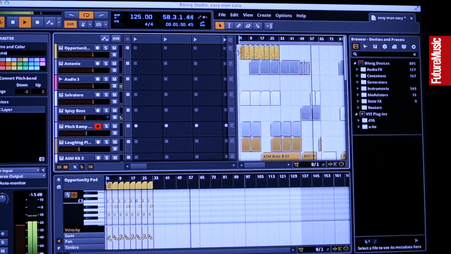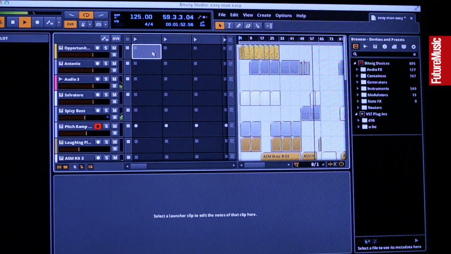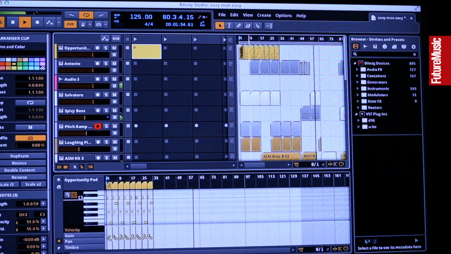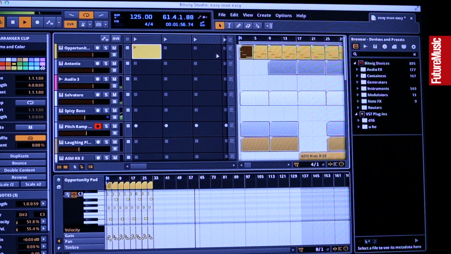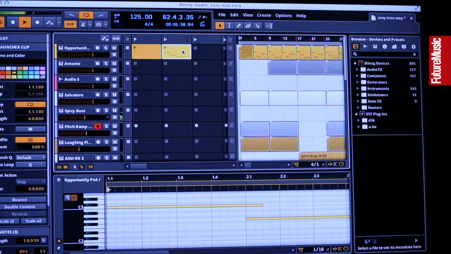What else do we have? It's not only a linear DAW where you can do the arrangement like in the old school days with all sequencers, but we also have a clip launcher section where you can actually jam with clips. You can drag over clips, create them, or drag them over. And this works like just playing a clip.